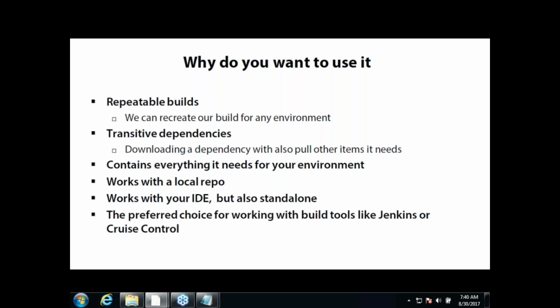If A implies B and B implies C, then you can say A implies C. That is called transitive dependency or transitive implication in mathematics. Here we call the same thing transitive dependency. So you are not only downloading your first level dependencies, but whatever dependencies that you are depending on will also be downloaded.